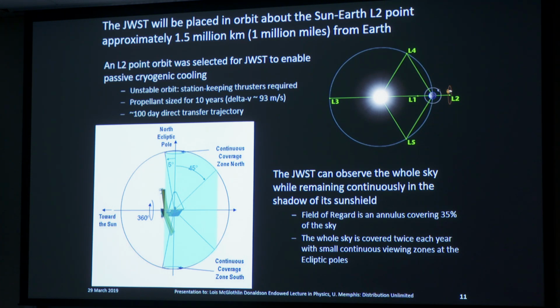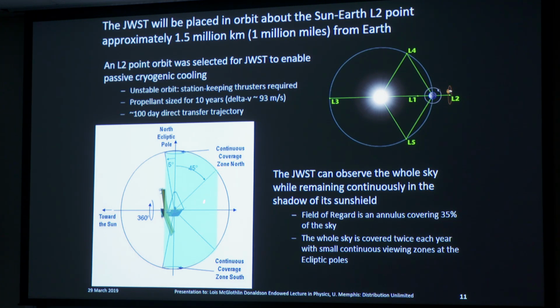And in fact, once it's cold, if the sun shines on it, it will probably break. And now at the same time, we have to point this telescope all over the sky. So we designed this sunshade so that we could tilt the observatory 5 degrees toward the sun, and we're still in the shadow. We could point it 45 degrees away from the sun, we're still in the shadow. So now we can cover an arc on the sky 50 degrees long.